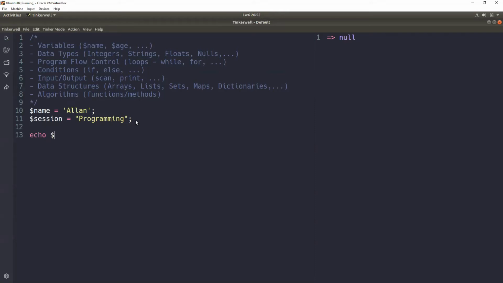We don't write the value. You can echo Alan, but that doesn't make sense because what if the name is no longer Alan? What happens? Yeah. So we don't echo the value, we echo the variable. For example, name. So you do your $ sign and then the name of the variable.